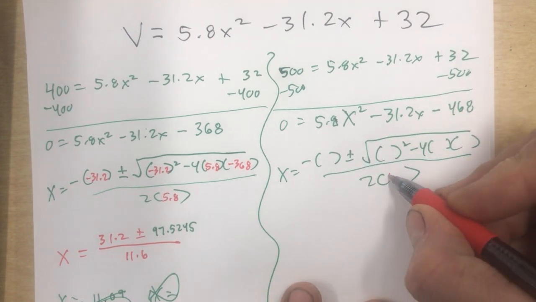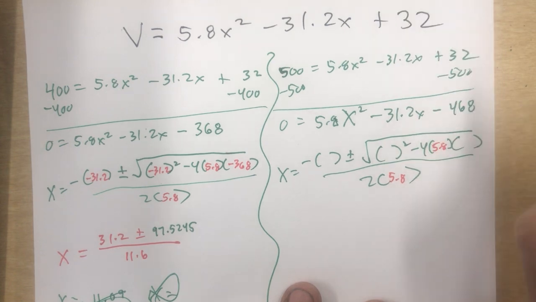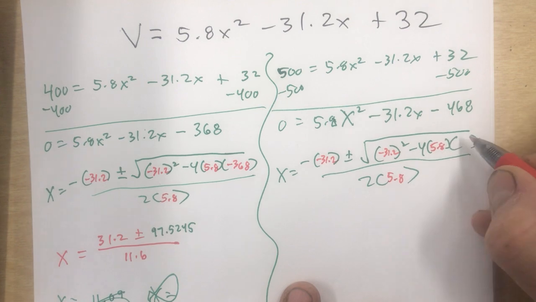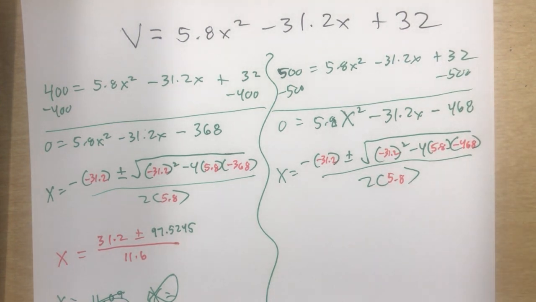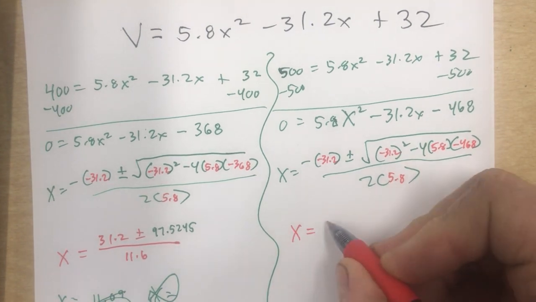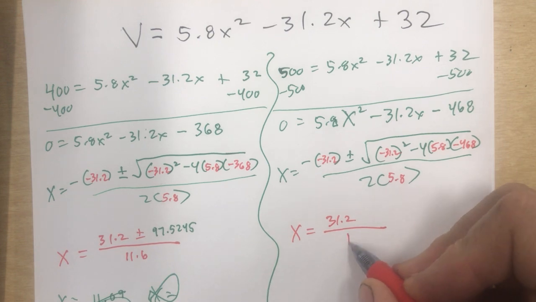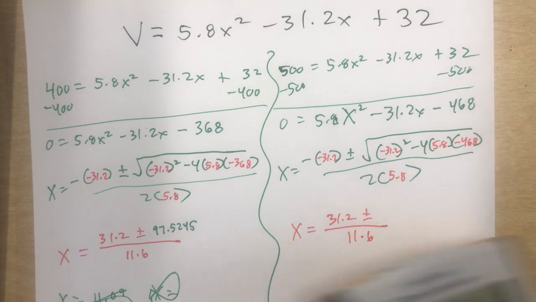My a is 5.8. My b is negative 31.2. My c is negative 468. Okay. So x equals positive 31.2, down here we got positive 11.6, and then in my radical here, alright,